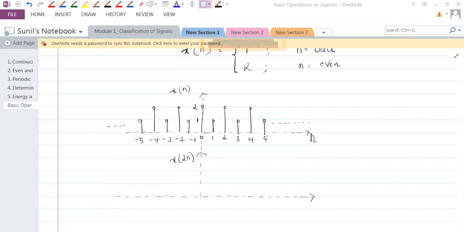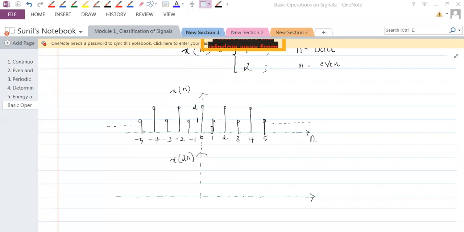See here, what is n? N is the integers, the integer instants of time. Is minus half and plus half an integer instant of time? No. So when minus half and plus half are not there, the sample which should have come at 0.5 and the sample which should have come at minus 0.5 would vanish, because 0.5 and minus 0.5 are not there to be seen on an axis n. Is that okay with you, everybody?